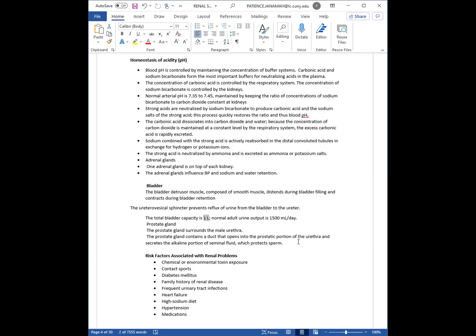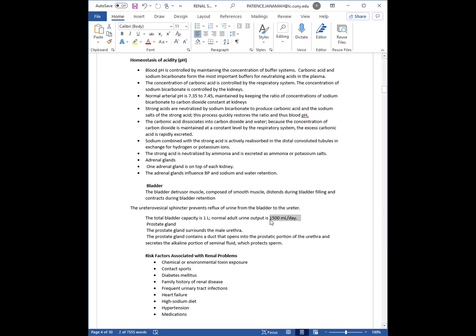Normal adult urine output is 1,500 ml per day. So if you are doing the NCLEX and they're asking you about output and they want to know which one you follow up, and you have the patient making up to 2,000 cc per day. I told you the other day, cc is the same thing as milliliters. So the patient is making 2,000 milliliters per day. So for instance, a patient with new onset diabetes, you'll remember the question I gave you last week. The patient can tell you that